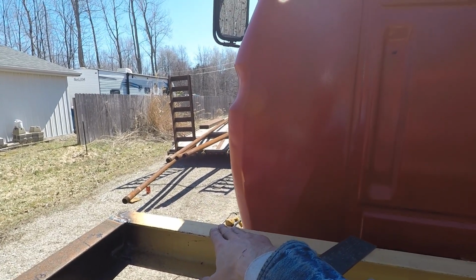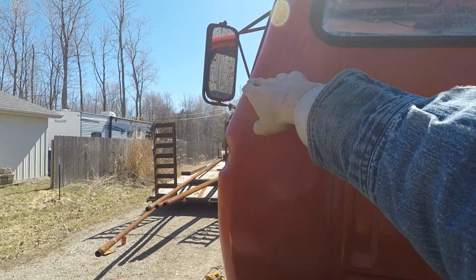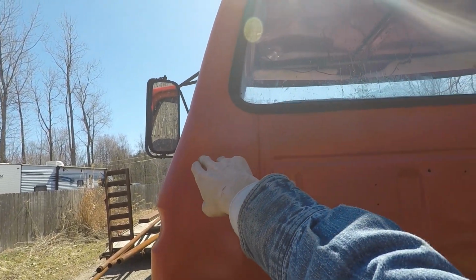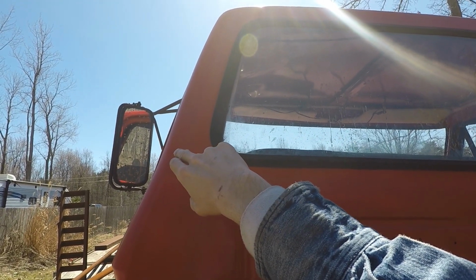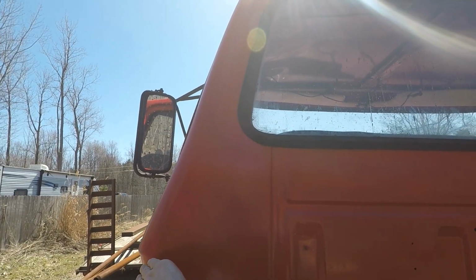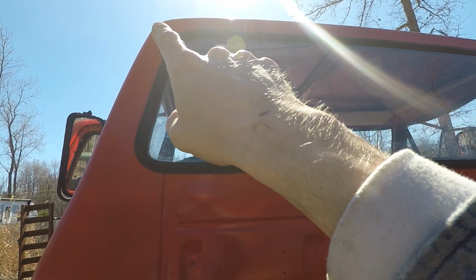Alright, out here at this edge, we're going to come up to the top of this body line, straight. Do a short miter piece to match that body line. And then, right here, it changes again a little bit, and we're going to match that. That's the plan anyways. I may forego that and just do one all the way up. I haven't completely decided yet. And then across the top. And then down here,